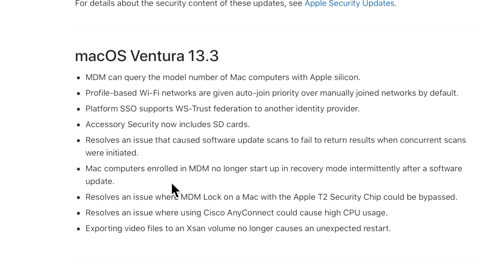That machine's in a really bad state. So hopefully after installing the 13.3 update, the next update will not have any more problems with that. Also resolves an issue where MDM lock on a Mac with a T2 security chip could be bypassed. Someone posted that out there where you could basically do a couple different things that would actually bypass the lock